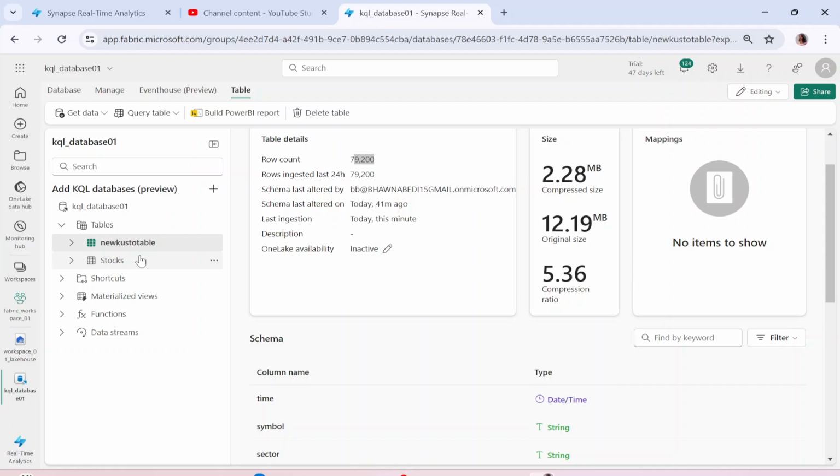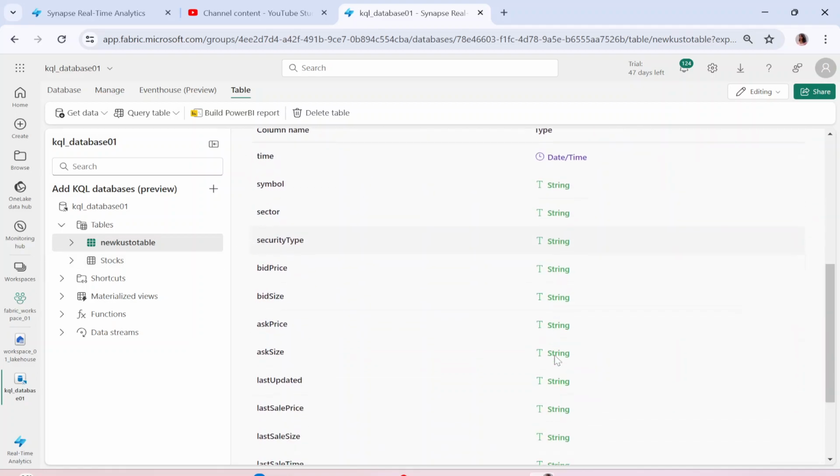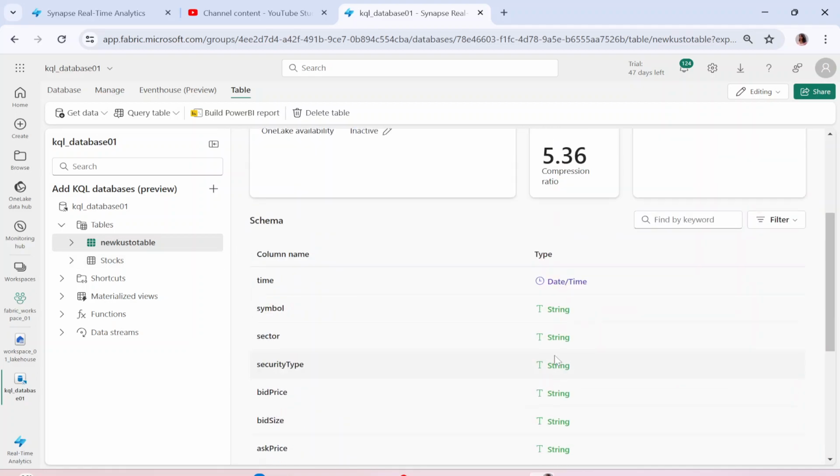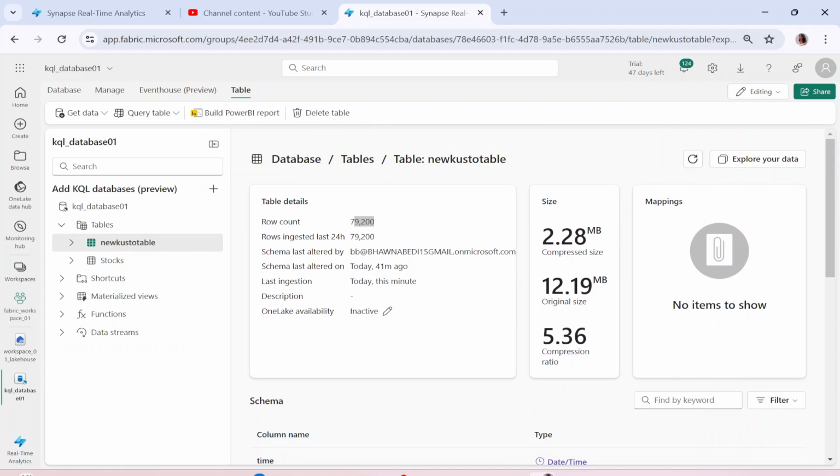So I hope you liked this particular video. You understood the whole concept of Fabric, and I think this would be around the 21st video in the series. By this time, you would already have a very good base and very good knowledge on Microsoft Fabric. So keep learning, and I will continue making videos on Fabric as well.